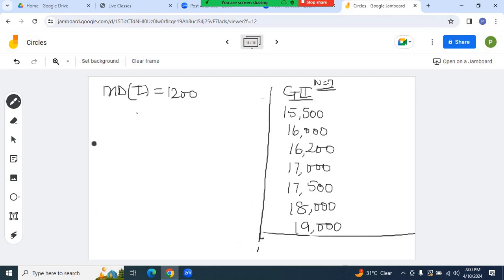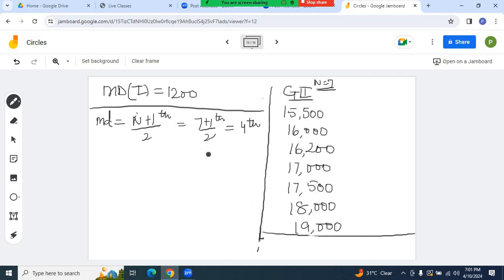I have written. Now let's see the deviation for second income group. So how much will be the median for second income group? Odd number, n plus 1 by 2th. 7 plus 1 by 2th. 7 plus 1 is 8, 8 by 2, 4th. So fourth number is